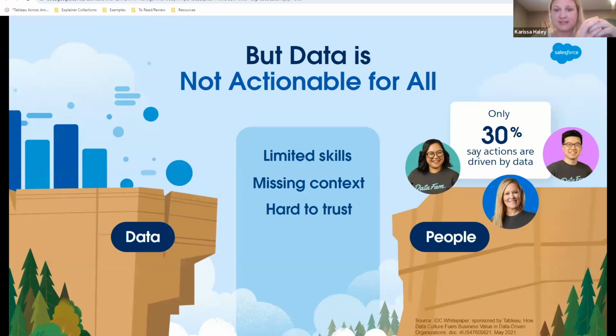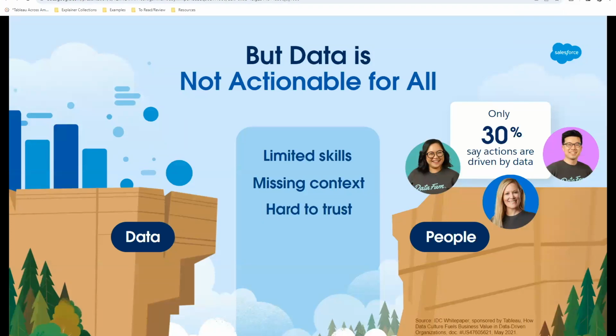And so that is one step of it. But then you also have, are my people ready to be able to look at Tableau, to look at a dashboard and understand what this data is telling them so that they can take action on that data? So two very different things that come together. Again, the data and the people.